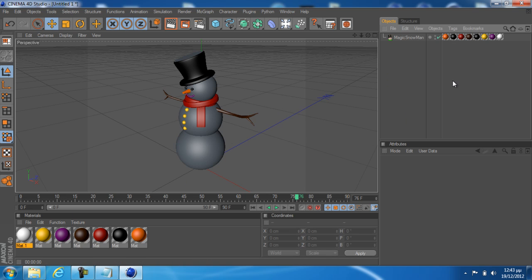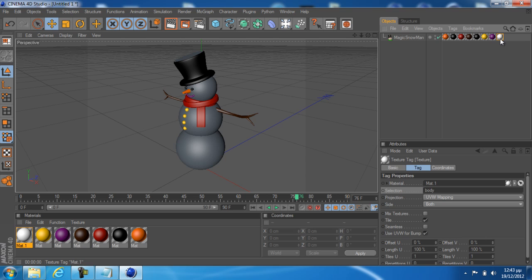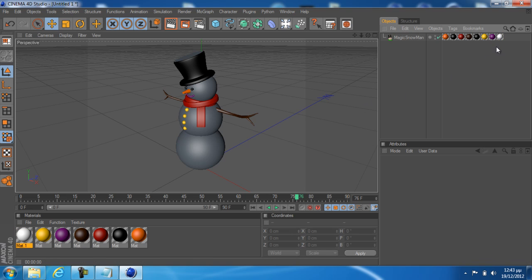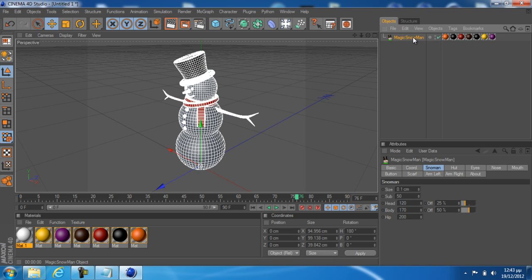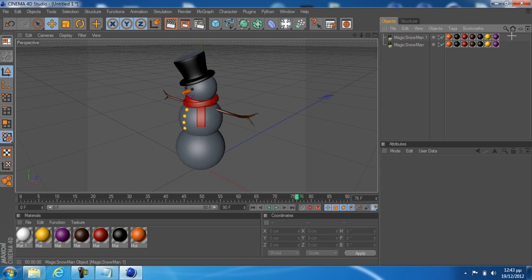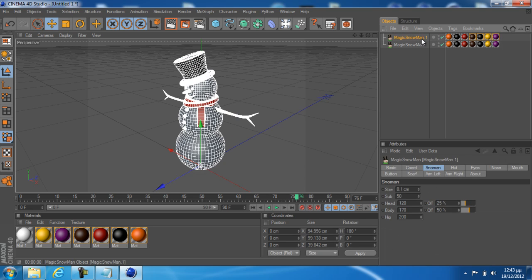So I found a way to go around this problem, like to deal with it. If you have this problem, what you're going to do is select your snowman, Control C, Control V. That will duplicate your snowman. And on this new, duplicated snowman,